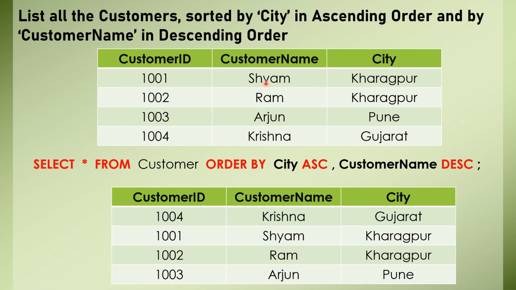So now we will sort them in descending order. Does S come first or R? R comes first in ascending order, so in descending we should keep S first. So S is kept second. This row is sorted in ascending order by city, but in descending order based on customer name, because the values in the city column were the same. Now at the last we need to keep this third row, that is Arjun and Pune. So I hope you got this concept.